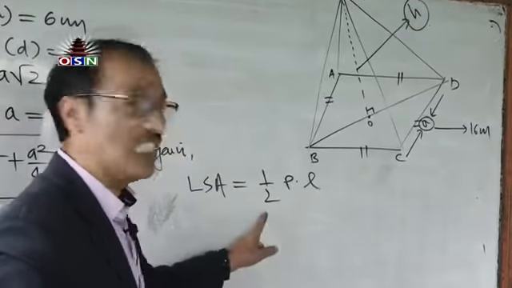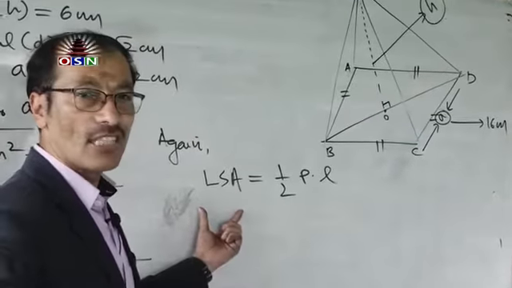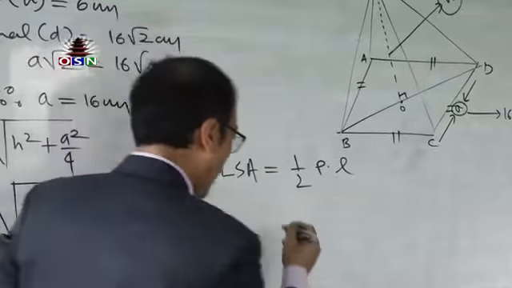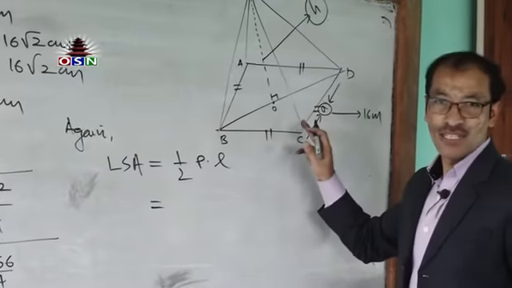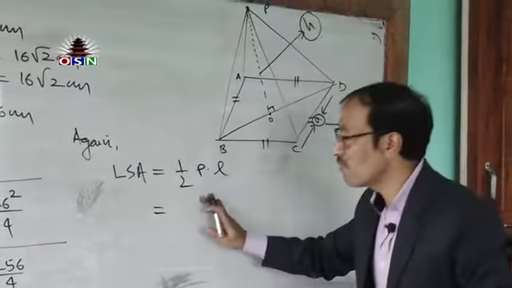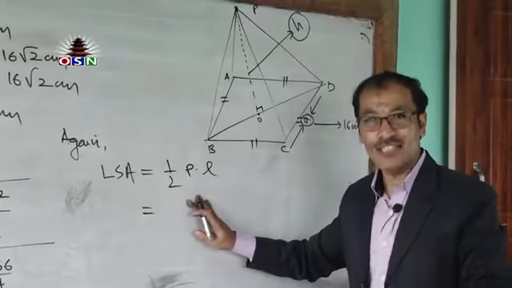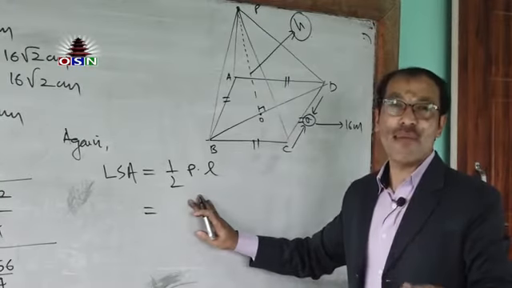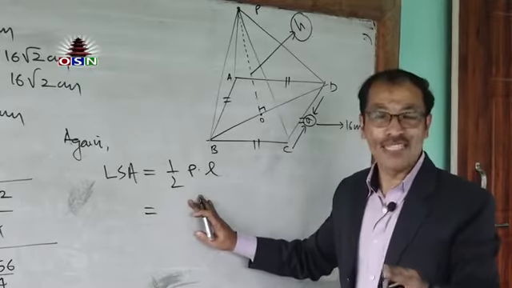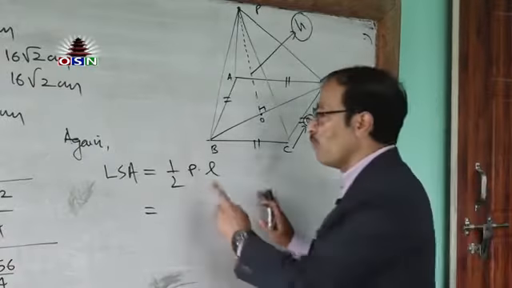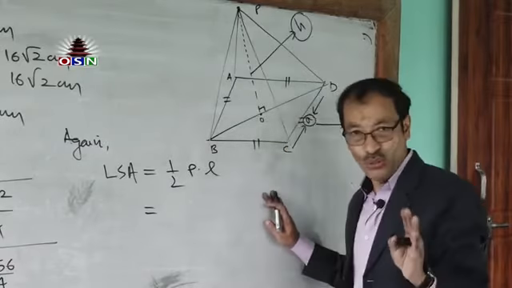In this case, this is the common formula to find the lateral surface area. Are you clear? Where P represents the perimeter of the base. Once again, please, this formula is applicable in the case of a regular pyramid. Regular pyramid means all the sides in the base are equal; at that time, we use this formula. Otherwise, we won't use this one.